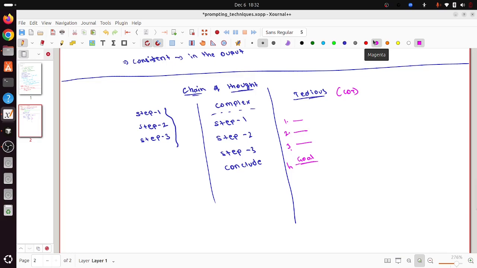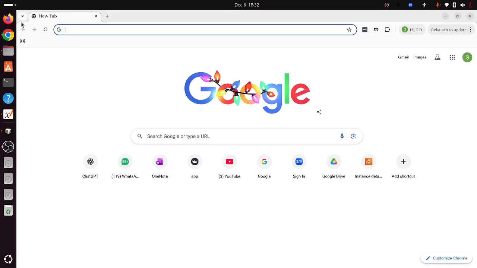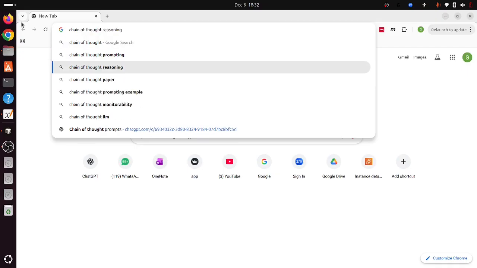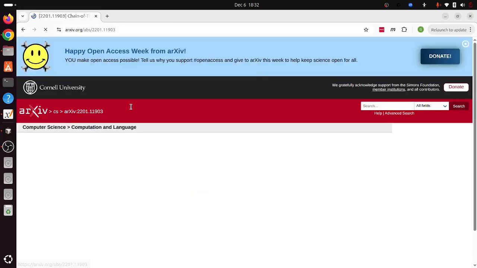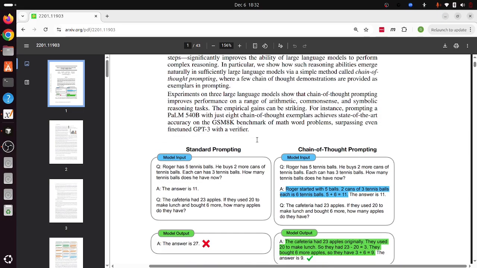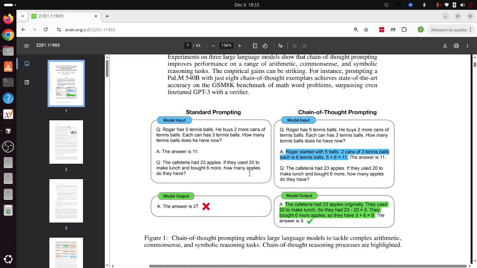Okay, so let me show a small example of how this chain of thought works, and why it was introduced. Let me show a small research paper. You can search for the chain of thought paper on Google, and you'll see the example of why they introduced chain of thought. If you see this paper, you can see this example here. This is again an example from the old models. These examples might not work for the current models you are using, but here you'll understand why we go for chain of thought.